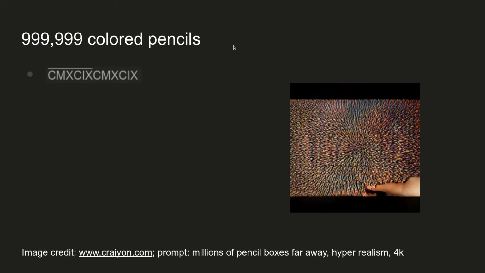You can see the Roman numeral kind of gets a little wacky at this point. Tally marks, same problem. You just have one less tally mark, but you still have almost a million. And with normal numbers, of course, it's pretty expected. In fact, I didn't even try to express 999,999 without using normal numbers because it's just a bit awkward.